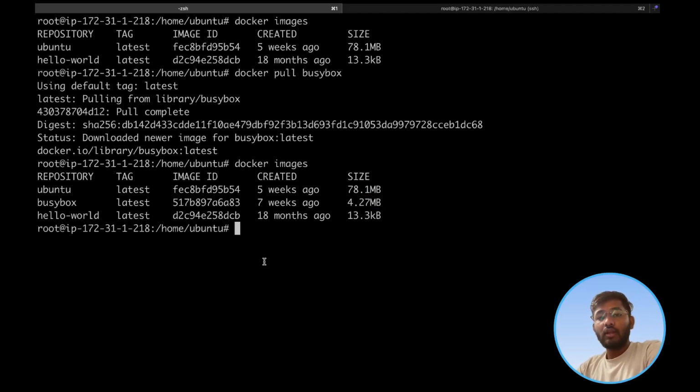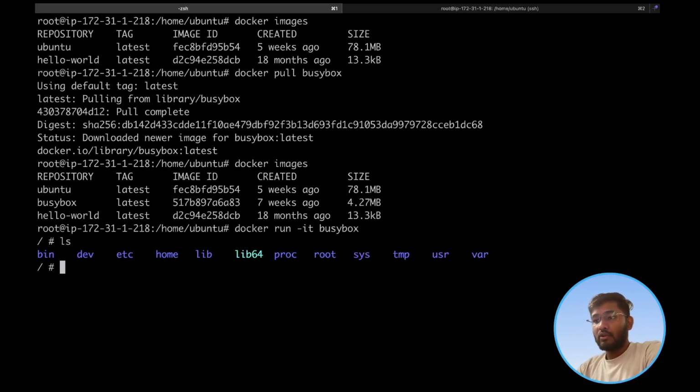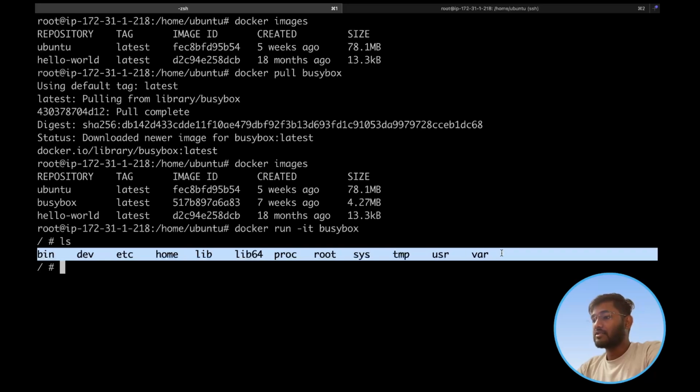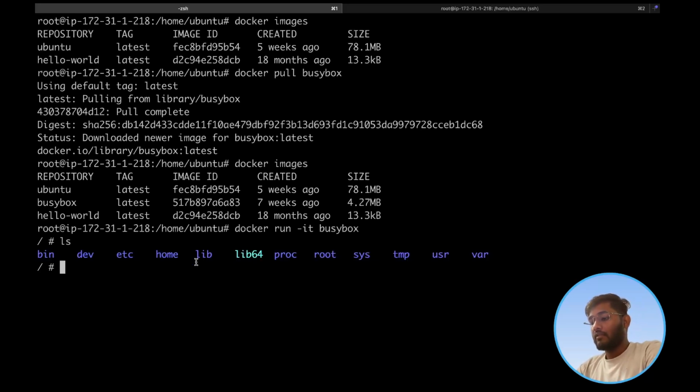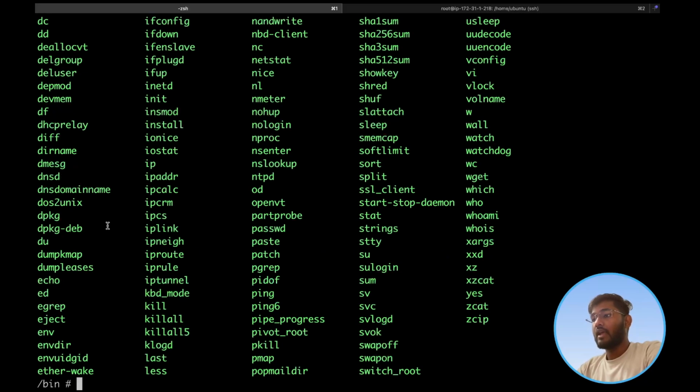Now how do we go inside BusyBox? For that we need to pass an argument, that is docker run. We are going to run this image with hyphen it, interactive terminal, followed by the image name, so busybox. When I do ls, you can see I am inside the BusyBox container. When I do cd bin and then ls, these are all the executables that BusyBox provides us. So when I do echo